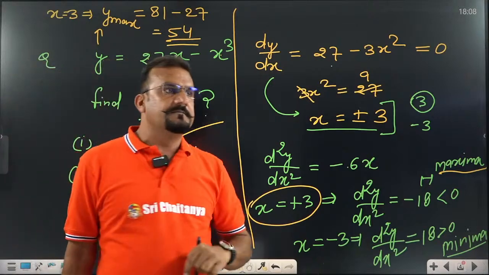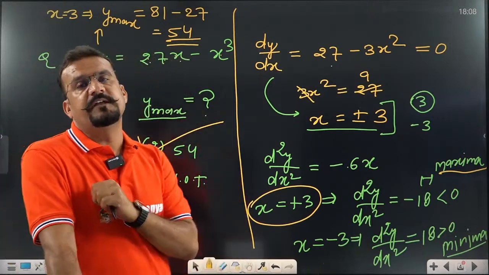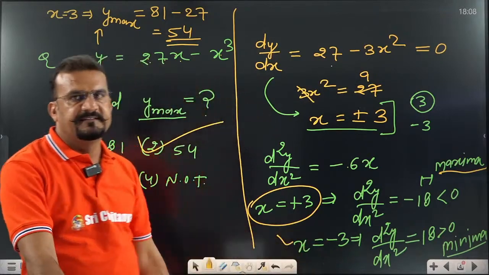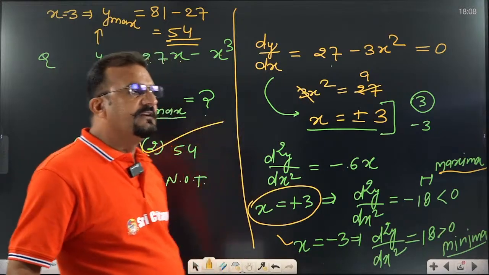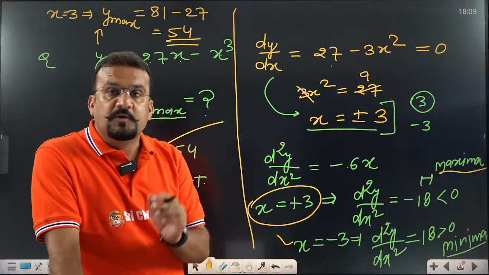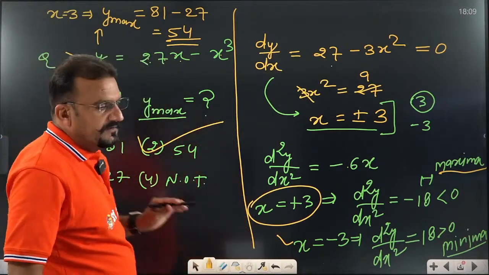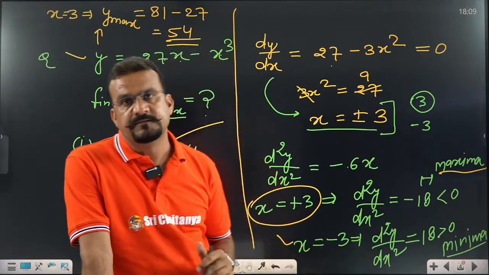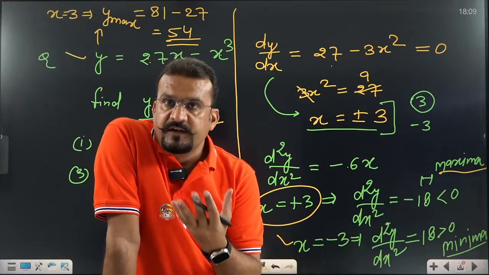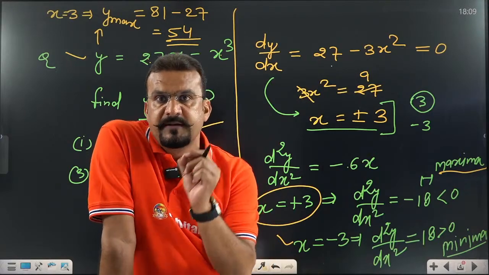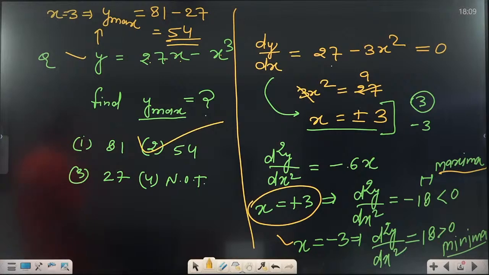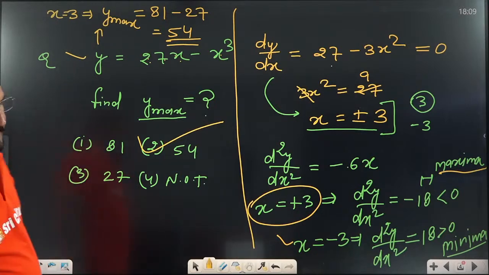If in the same question they have asked what is the minimum value, then what will be your answer? Sir, minima we obtained at x equal to minus 3. Put x equal to minus 3, you will get the answer. See, this interesting process is maxima and minima, because if you directly observe this equation, you are not able to find the maxima minima value by putting in values. How many values will you try? We are unable to do that. That's why maxima minima have their own application by differentiation, so that we can find the maximum and minimum value.